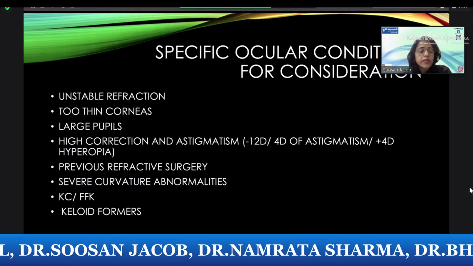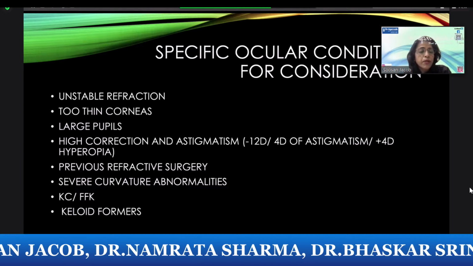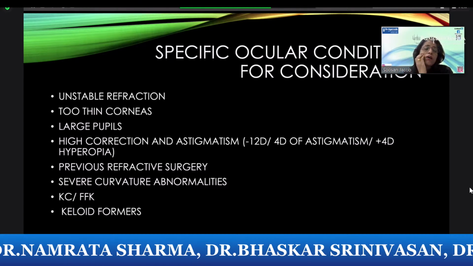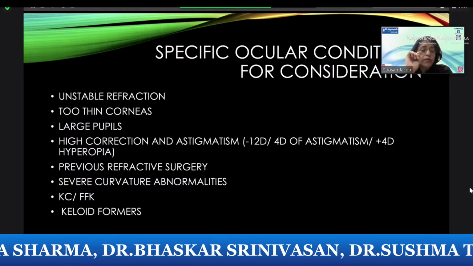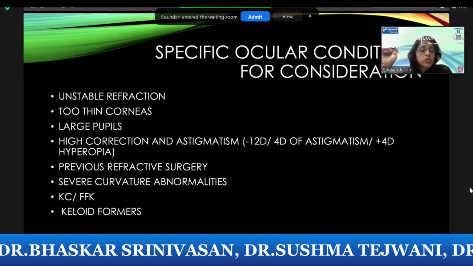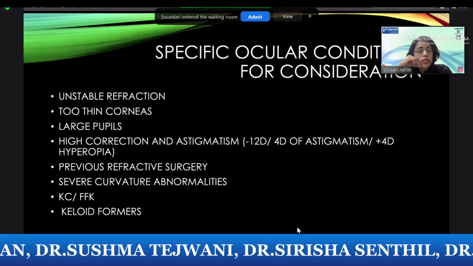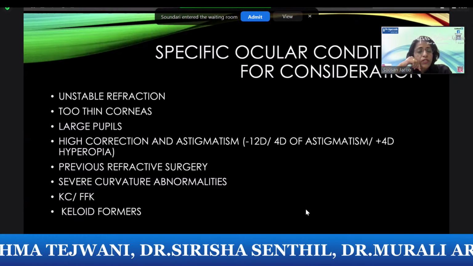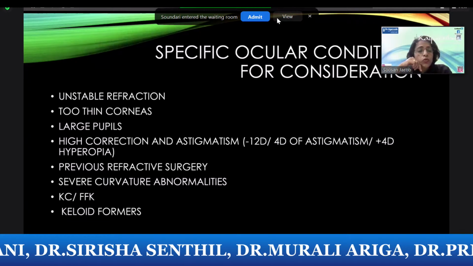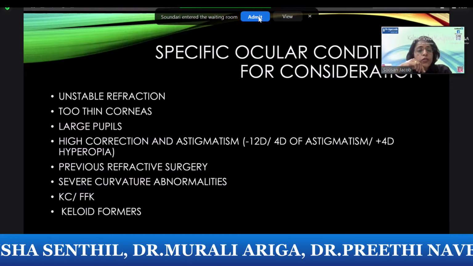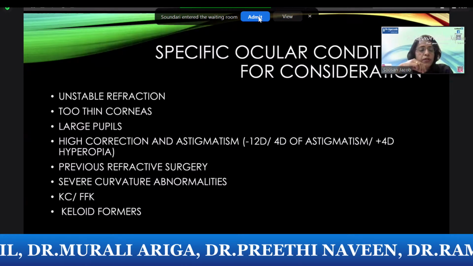You wait for stability, and three stable refractions one month apart is one of the things. Sorry, that's for retreatment. Three stable refractions which are done with a reasonable period in between is what is considered a stable refraction. It could be even 6 months apart, 1 year apart, till you see that the refraction is completely stable and the topographies are also stable.